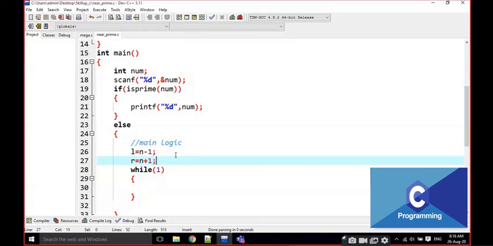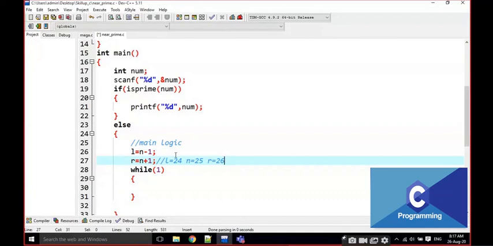For example, N is equal to 25. I am going to take L is equal to 24 and R is equal to 26, the previous number and the next number of that number.